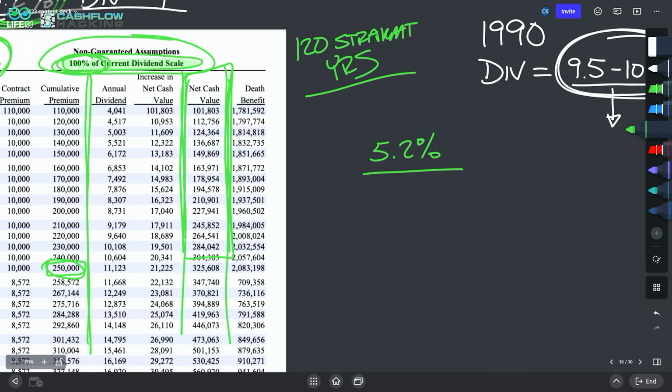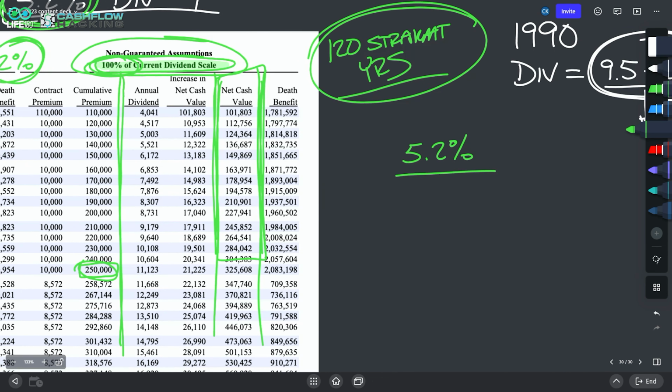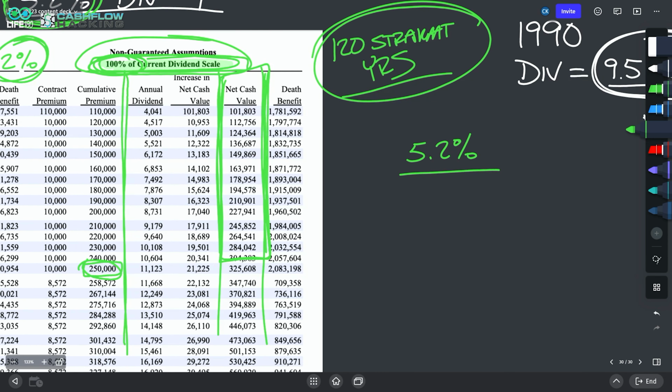And if we assume that the company is going to pay a dividend scale, and we look at this assumption that 100% of the dividend scale is assumed, well, this is the lowest dividend scale assumption in 80 years. So if that 5.2% goes to 5.5%, all of a sudden all the numbers in this column will start getting bigger and bigger as soon as the dividends go up. So for the first time in 50 years, we're able to look at a whole life illustration